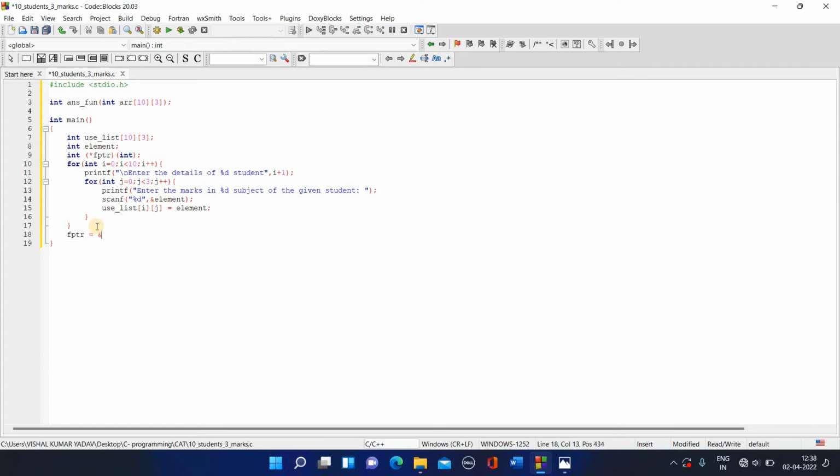Let me locate the address of the function to this pointer, and let me even call this function fptr use list. Now see, what I'm doing is, over here I declared a pointer. Okay, I made a pointer. This pointer is facing towards the address of the function, and now I'm sending this list,